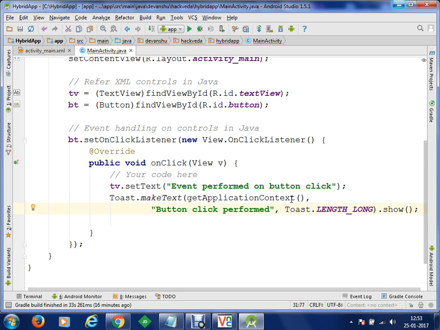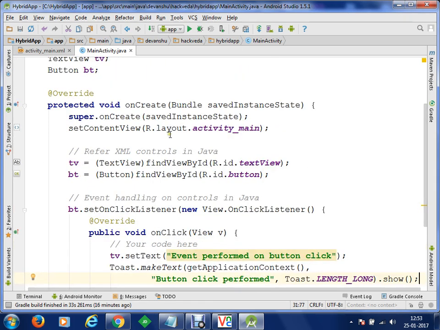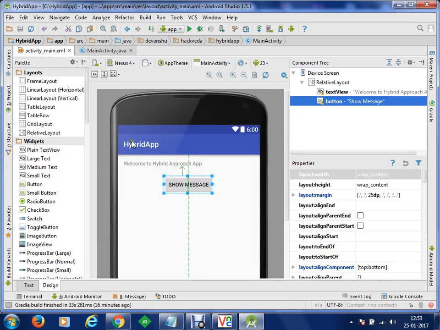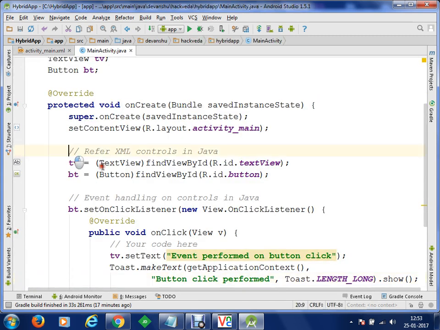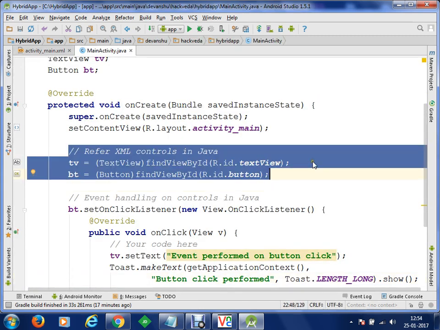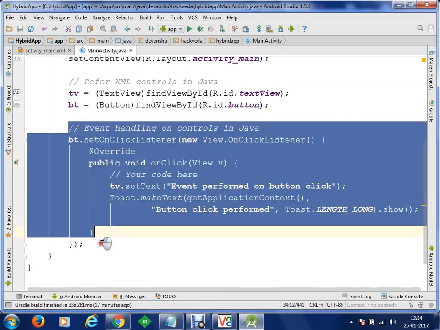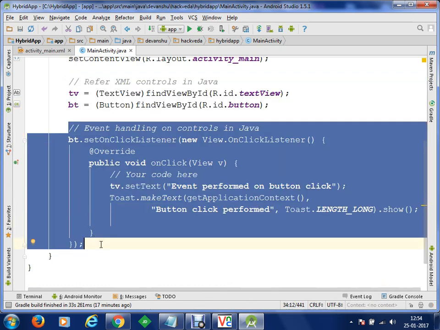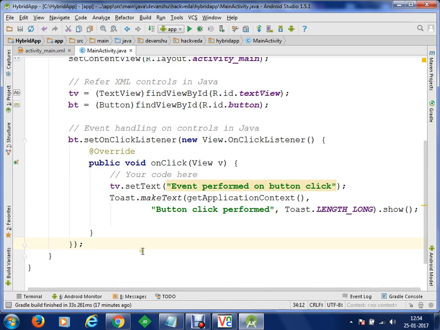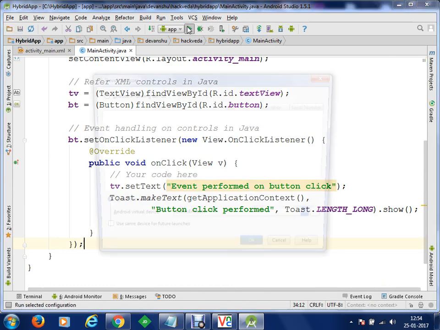So now we have written these methods, and you can see what the hybrid approach actually is. In the hybrid approach, you have created your controls in XML, then you have referred to your controls using findViewById, and then you have performed event handling on the controls. Is that clear? Now you can simply save it and run your application on the device.